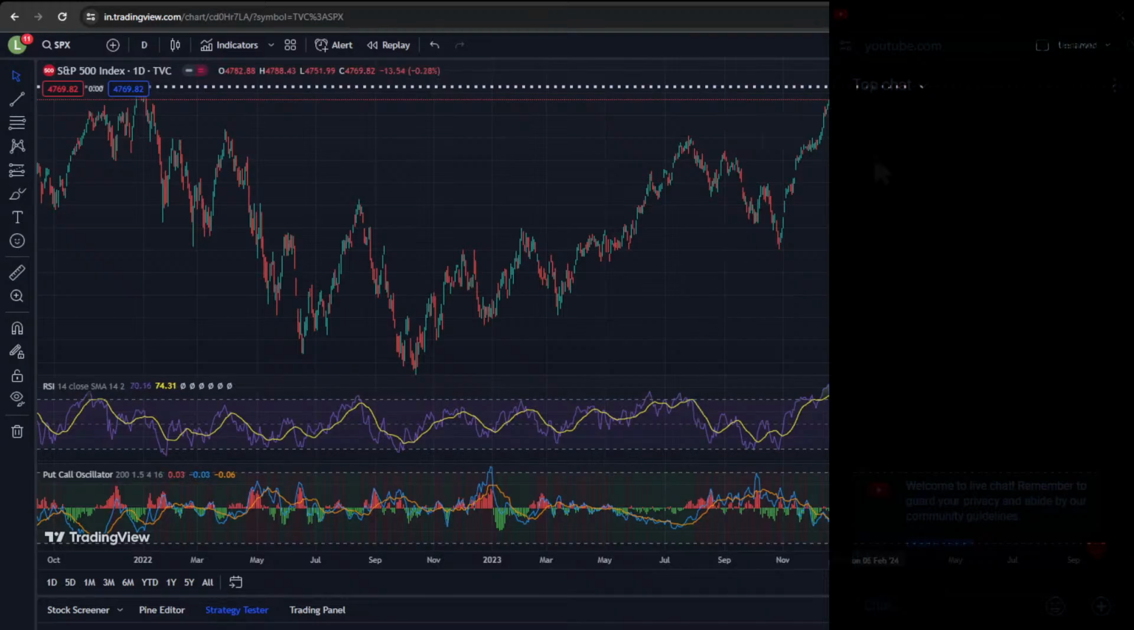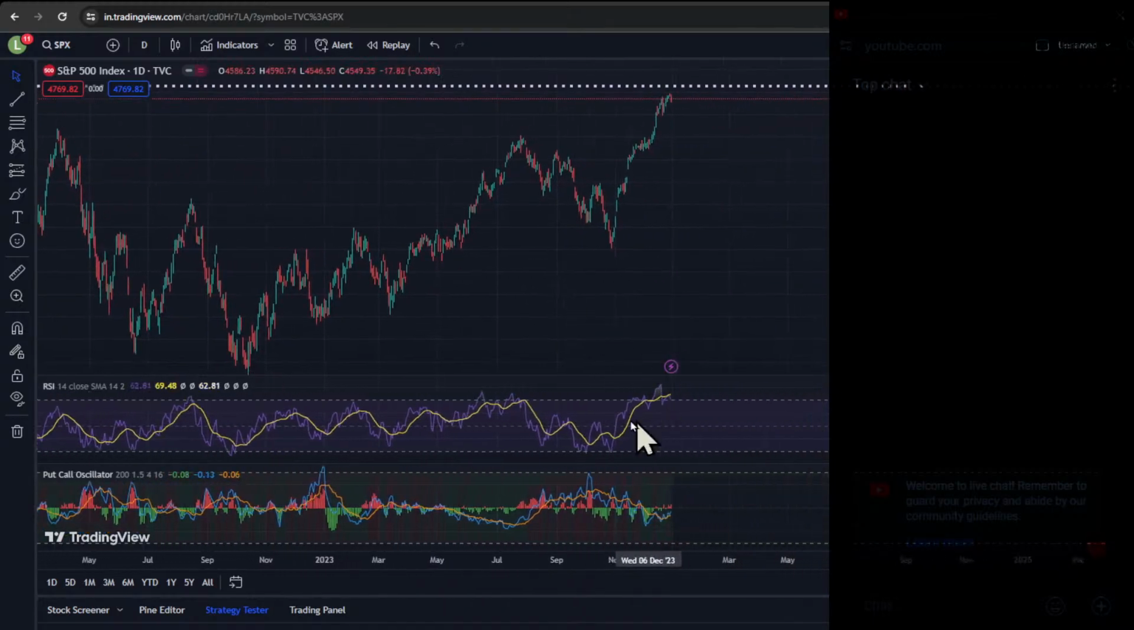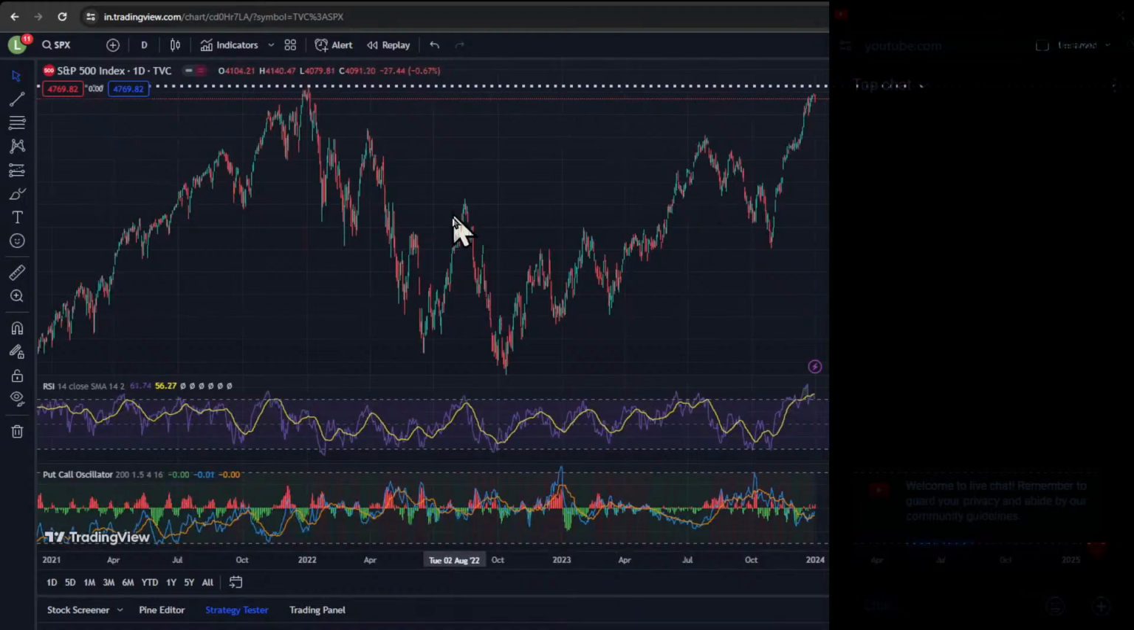I don't know, there might be some more room to run, but take note of the RSI right here, it's kind of overextended, right? So when that happened, there's a possibility that it's going to drop, right? If you look at the peak right here, yes, there might be a little tiny push up when it draws back a little bit,